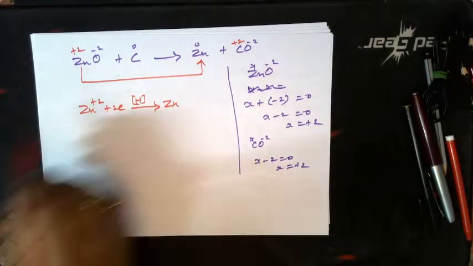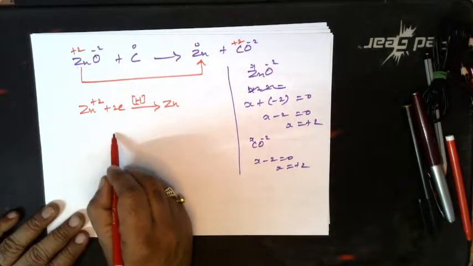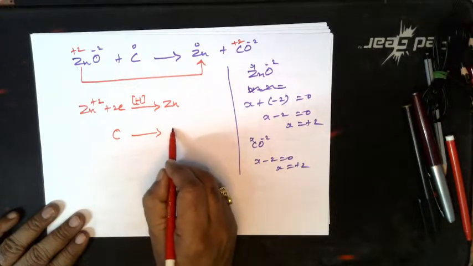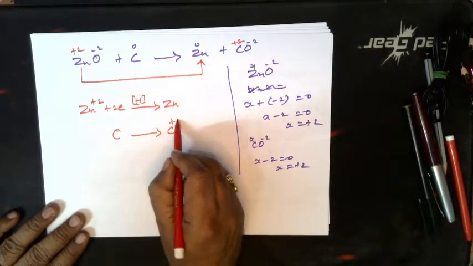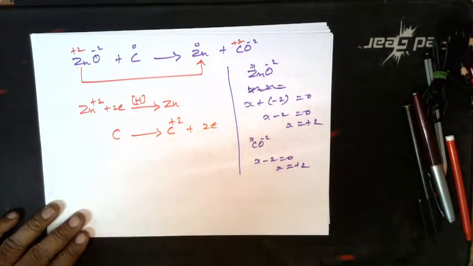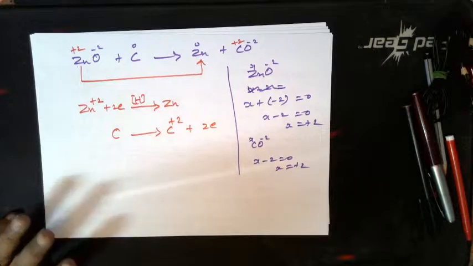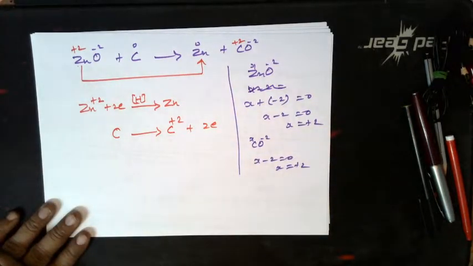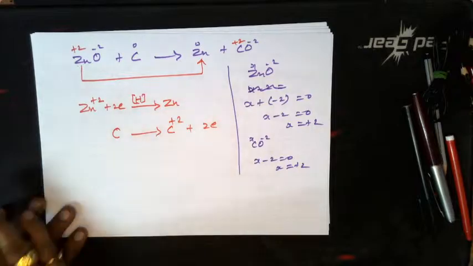Okay. And what about this carbon? Carbon undergoes change, C becomes C plus 2. In this case 2 electrons are released here. Are you able to follow? So C becomes C plus 2. Got this point? So we can prove that, and you have to